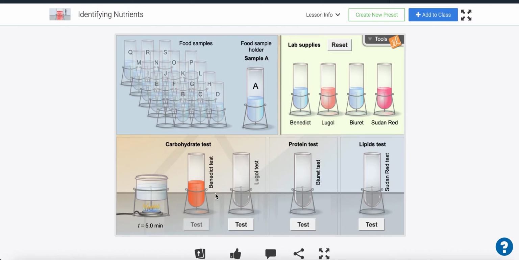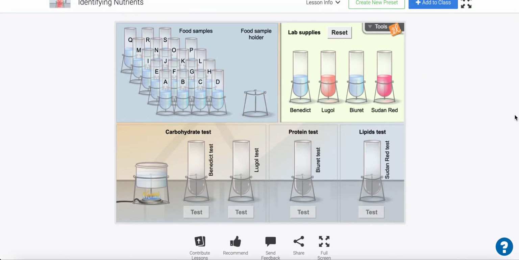For number 2, the Benedict test is a test for monosaccharides. So simple sugars like glucose and fructose, which is the sugar found in fruit. In contact with monosaccharides, the Benedict solution turns blue to orange or green. So does sample A contain monosaccharides? So the answer would be yes, because it turned into that orange color. So you would type yes into that spot. All right, let's click reset